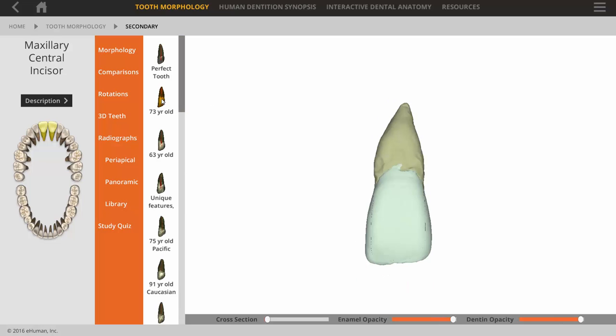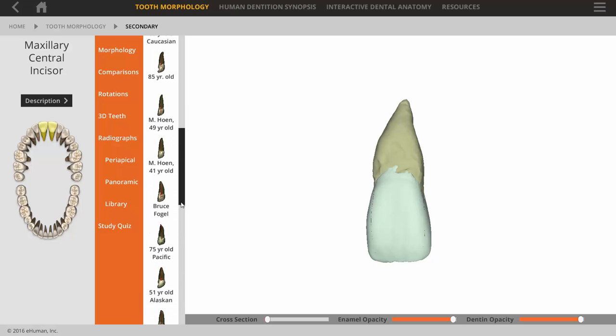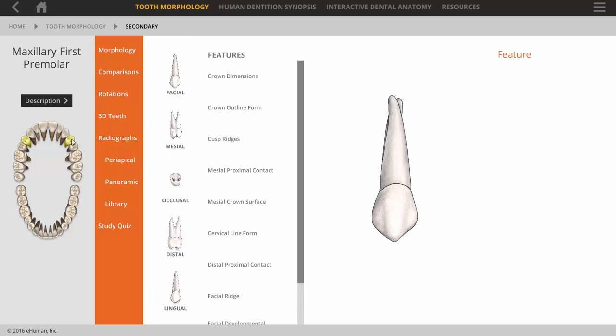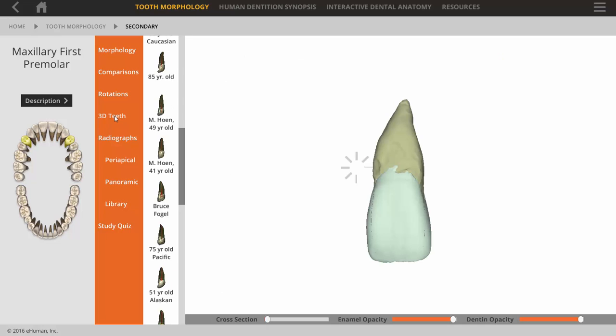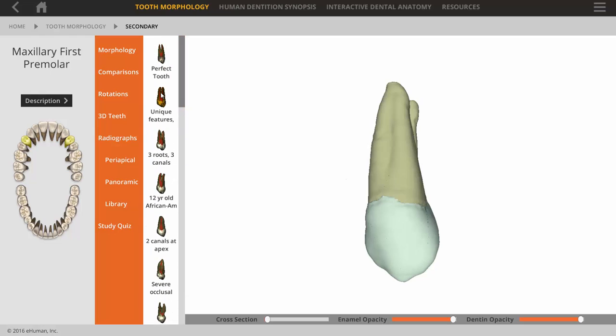There are also actual extracted teeth that provide a wide range of opportunities to discuss various aspects in the morphology of the tooth. And you can go down through these and become acquainted with a lot of different teeth. As an example, let's look at the maxillary first premolar. If we were to go to the 3D teeth in that area and pick a particular tooth,